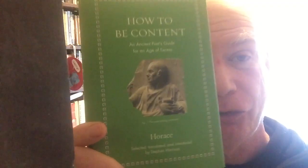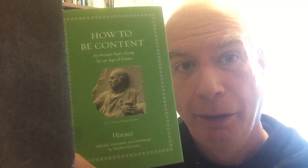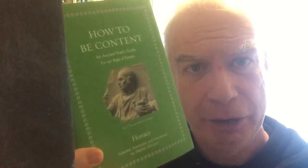Because this is my little book room, you would often think, I sometimes even characterize it as being immutable, but it's not. There are plenty of new things in here, new additions that I managed to find room for. And this is one of them. This is How to Be Content. We got this just the other day, was it late last year, something like that? This is Princeton University Press. They do these little volumes of classical Greek and Roman authors,